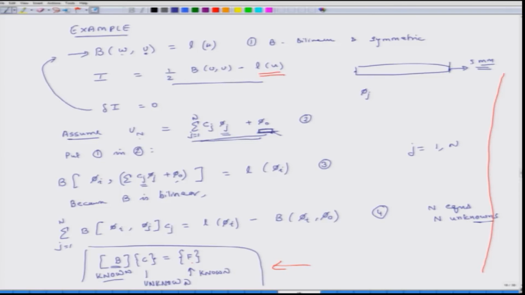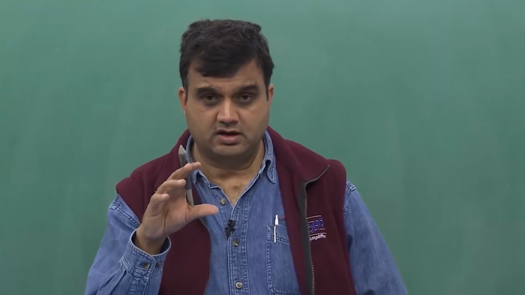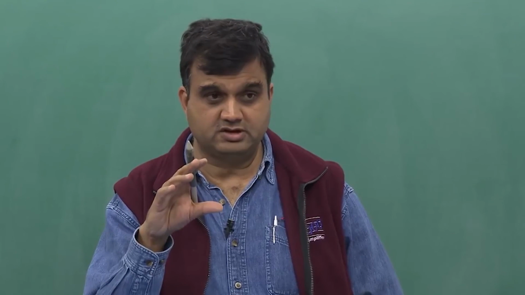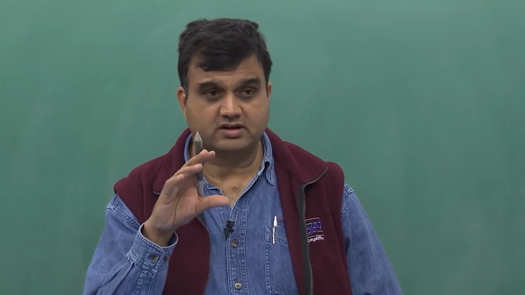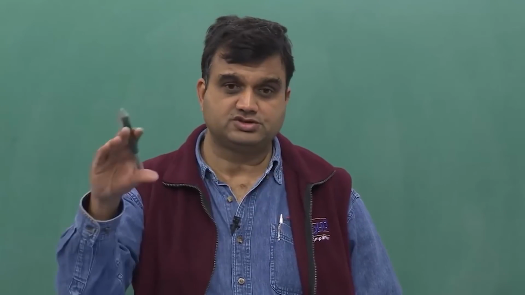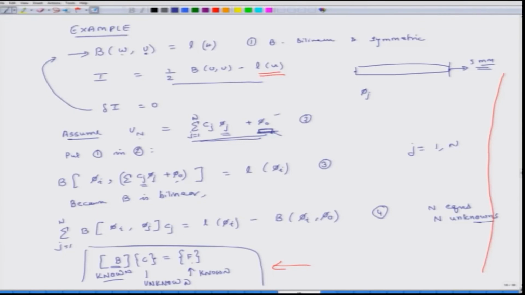So, that takes care of the non-homogeneous essential boundary conditions related to primary variables. These phis take care of the homogeneous conditions related to primary variables. We had discussed this earlier. Homogeneous condition means things are equal to 0. If there is a non-homogeneous condition, then this phi 0 term takes care of that. So, that is why we had introduced this term phi naught. But the mathematics is identical, so we do not have to worry about it.